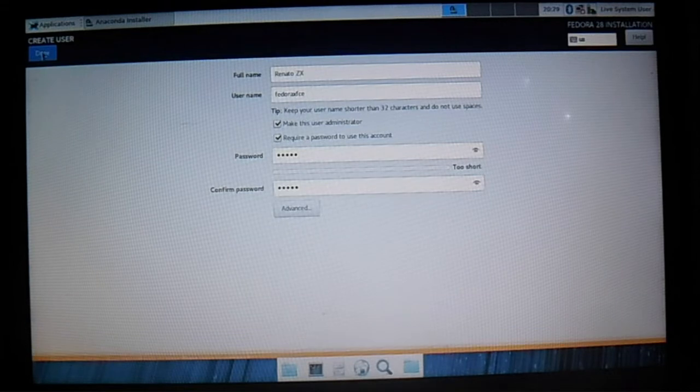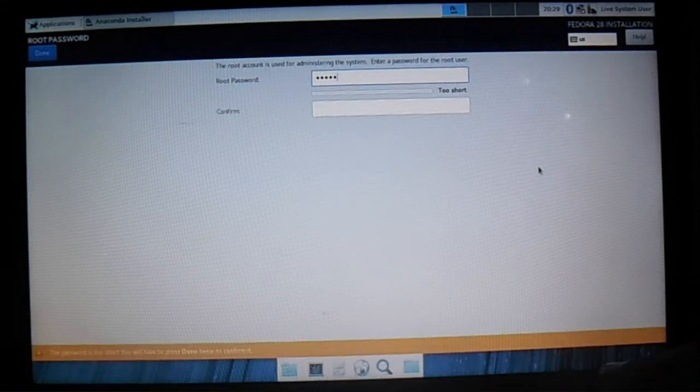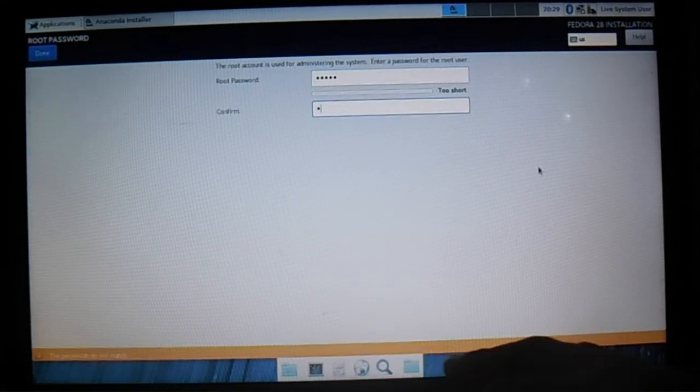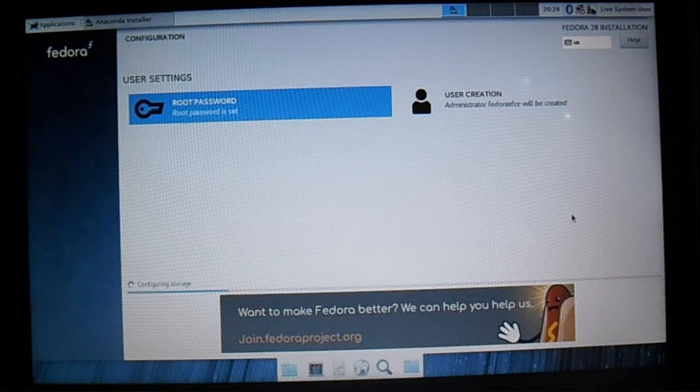Click down here 2 times so I know the short password. The root password. Click down here 2 times. Okay. Now